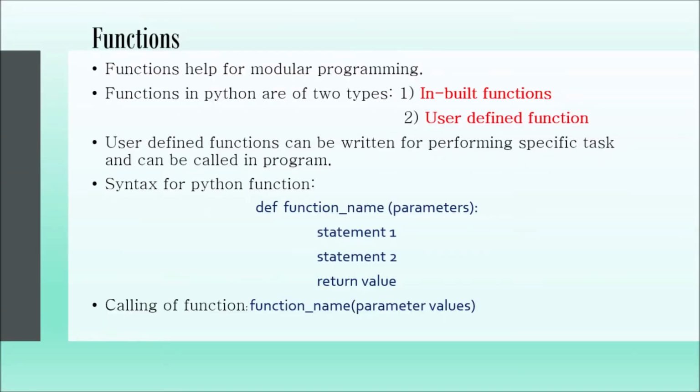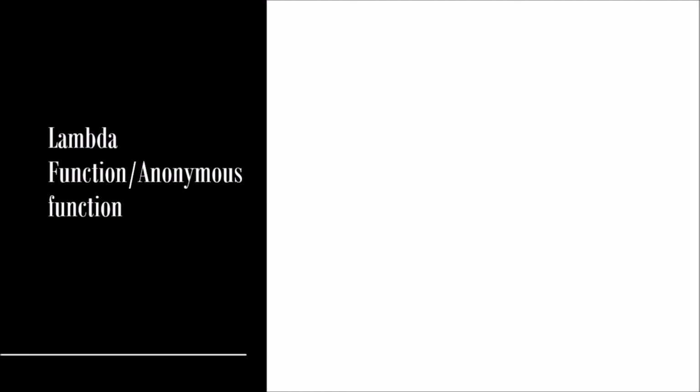Now after having the functions, we are moving towards the lambda function. This is called an anonymous function. A lambda function is nothing but a nameless function. There is no function name for that function, and if I want to use a function inside another function as an argument, in that case I can use the lambda function. Lambda functions are used along with many built-in functions like map and filter. Such types of built-in functions, you can use lambda functions along with them.